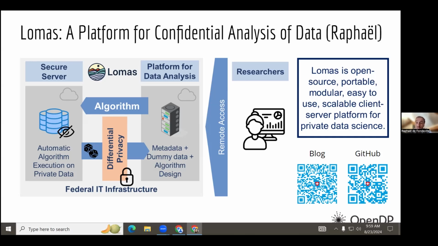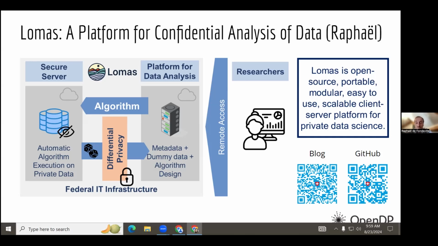Once the user is happy with this pipeline, he can just send it to the secure server, which will then test first if the pipeline includes a differential privacy mechanism, and second, if the user has the necessary budget to apply the pipeline on the private dataset and retrieve the results. If those two conditions are met, then the server will execute automatically the pipeline, compute the result, protected thanks to differential privacy, and then send back the result to the users and to the platform,